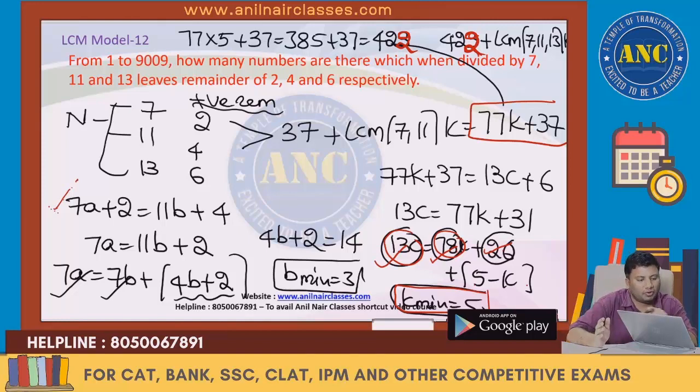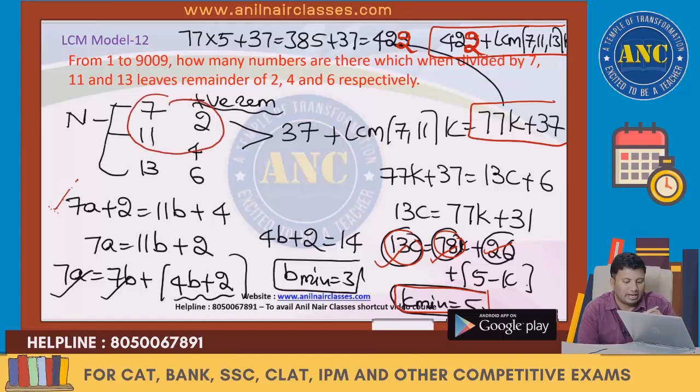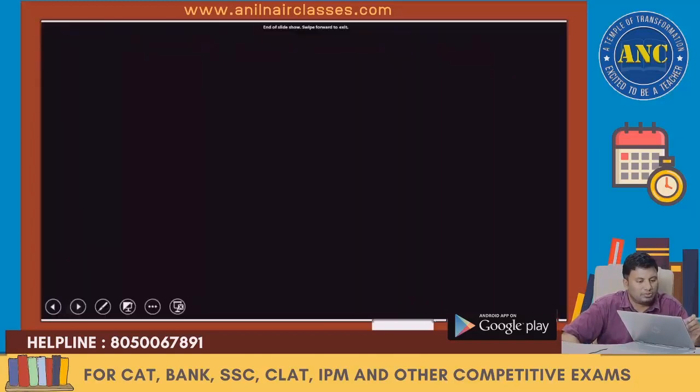Check it out. 422 divided by 7, remainder 2. 11, it is again 4. 13, 39, 32, 6. Answer is 422 plus LCM of 7, 11, 13 into k. I hope it is clear. From 1 to 1009, substitute the values. If the positive remainders difference is not same, or the negative remainder is not same in some steps, then how to do? You can do with the first two, get the answer and do it with the third one. Or you can do first and third also. I hope the idea is clear.